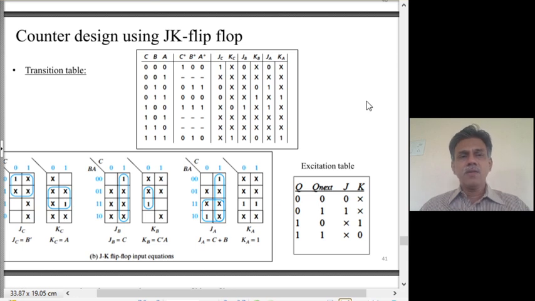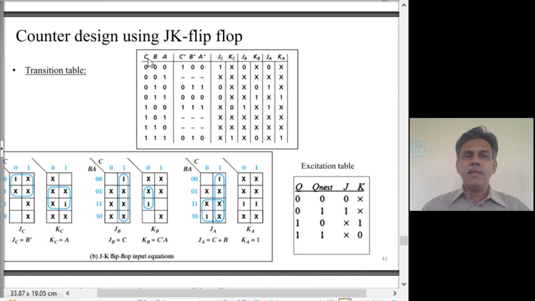Again we will look at the familiar example, state counter design, which we have already used in the previous lecture to design sequential circuit based on the D flip-flop and T flip-flop. You have to recall the same counter. But anyhow, all the information is also present in the state table, even if the counter state machine is not given. We can start off with the state table and work forward.